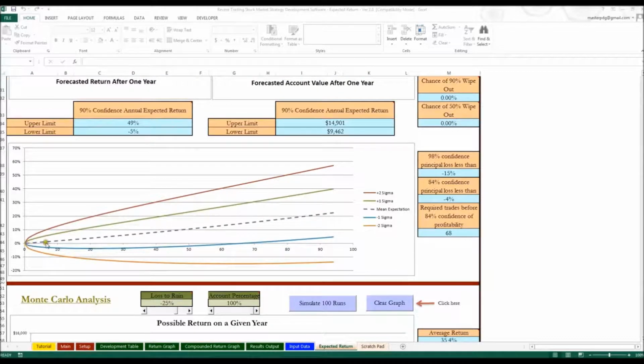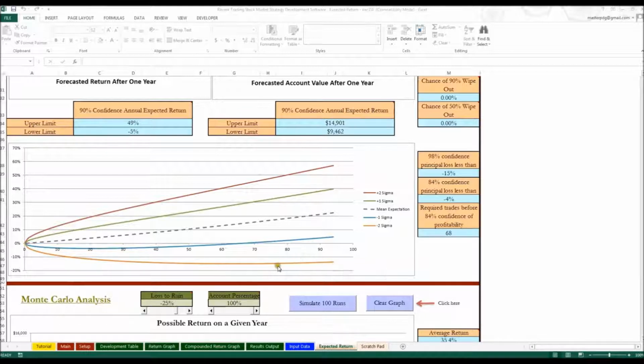So we see we still have a positive bias here on the red dotted line, but you can see that the 1 standard deviation line is much improved. And even our 2 standard deviation line, even though it does come down here to maybe negative 15%, it does start to recover and come back up. So that means it's more of a sustainable strategy than what we had previously